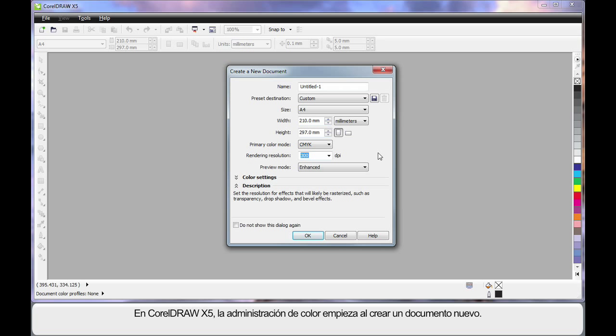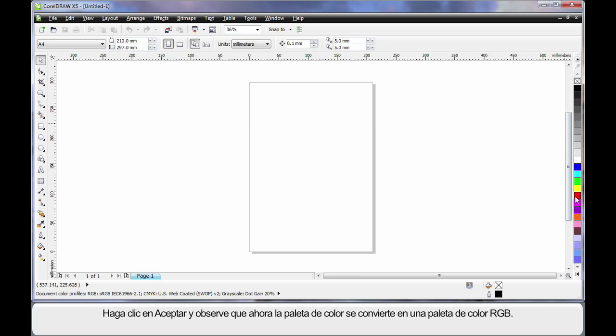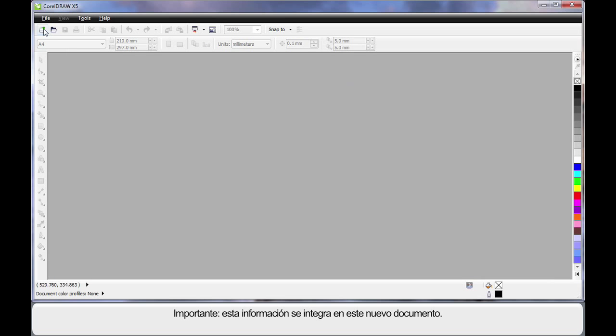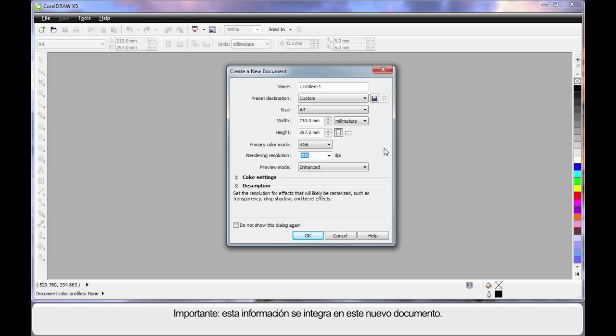In X5, color management starts when we create a new document. For example, setting the correct primary color mode is very important. Right now it's set to CMYK, which most of us will use in the area of professional print, and that will result in a CMYK palette. If, for example, I'm working on a wide format printer or for the web, I may choose RGB as a primary color mode. Now when I click OK, you'll notice that the color palette now converts to an RGB color palette. And the important thing is this information is embedded in this new document. So when we save it and open again in the future, automatically it will open with the right color palette